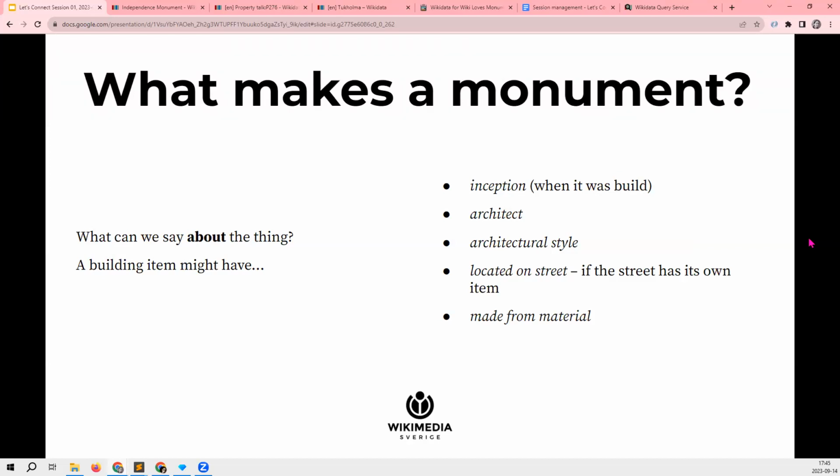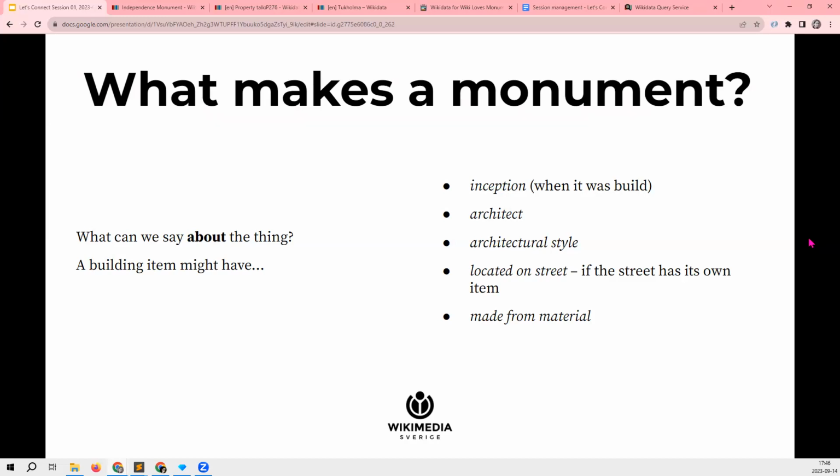We were talking about buildings, which is a lot of monuments really, and there you can find properties such as inception, that is the year when the building was built, the architect, the architectural style. You can even say what street the building is located on, because a lot of important notable streets do have their own Wikidata items.